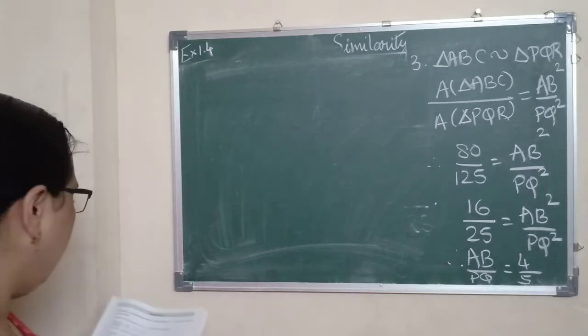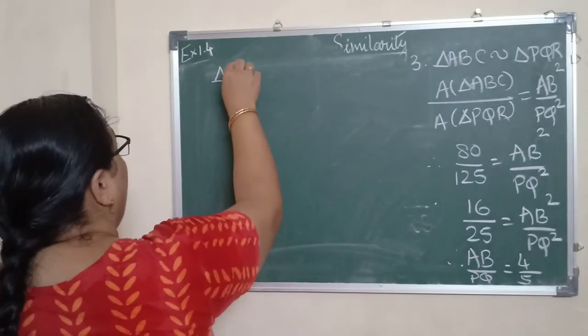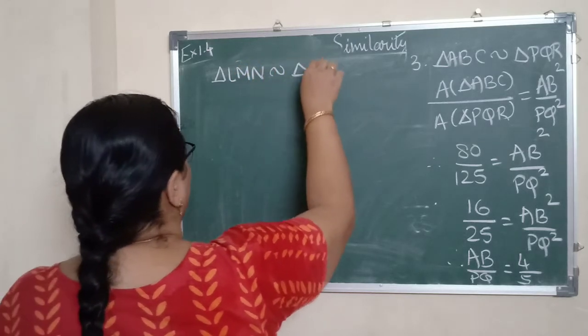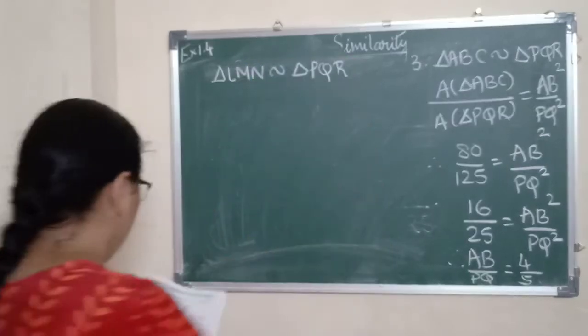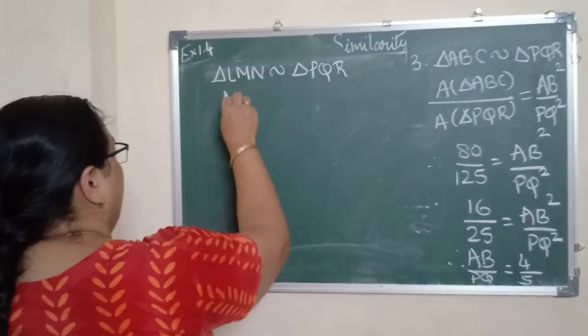I think you have started with the sum. Have you reached till here? Come on, do along with me. Now it's time that you have become expert in doing these kinds of sums. This is given. So I directly go to the step. Area of triangle